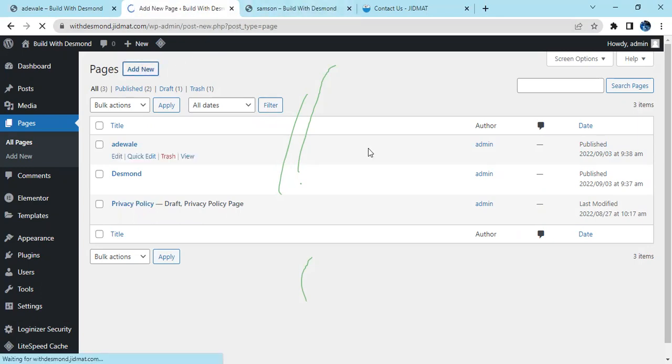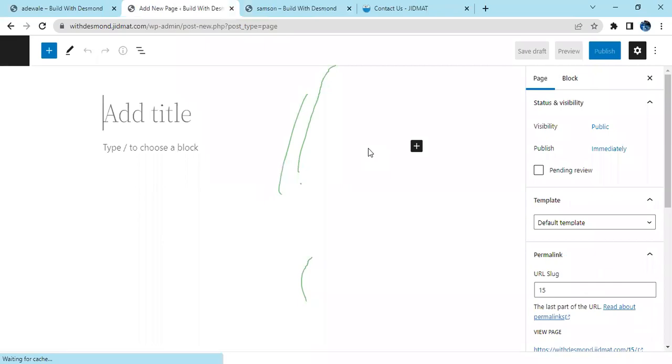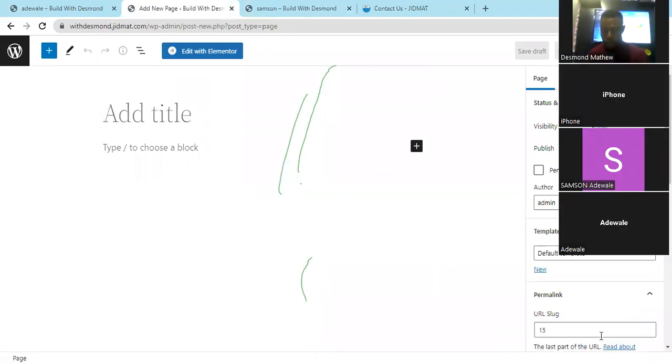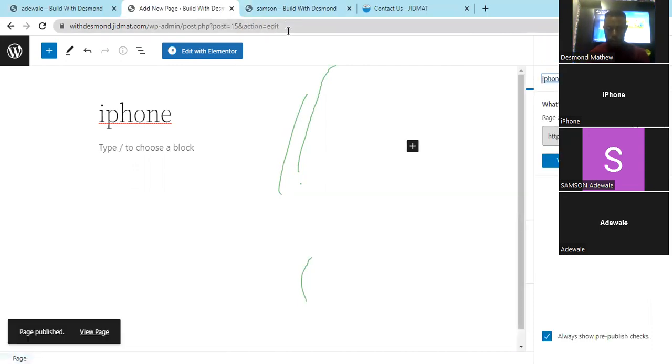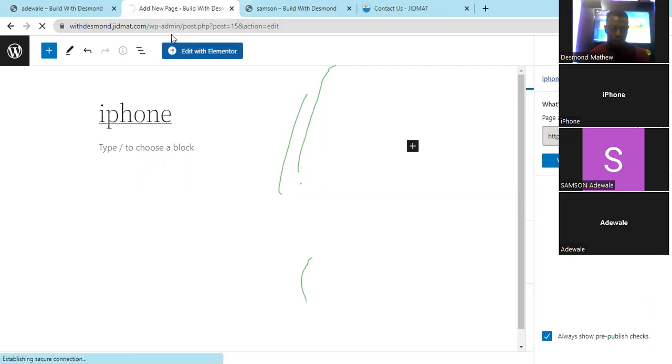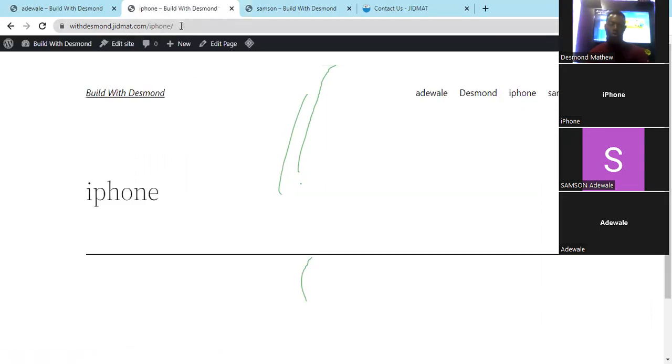I don't know if the iPhone person has a name. I wouldn't mind him stating the name, but what I'm seeing from here is iPhone. So the person joined with iPhone. If we put iPhone and publish it, then view this page, we'll be having jidma.com/. So this is how to make a page. In the next session,